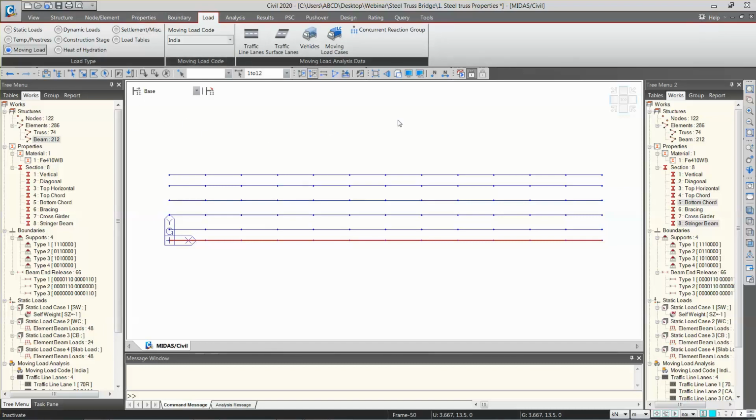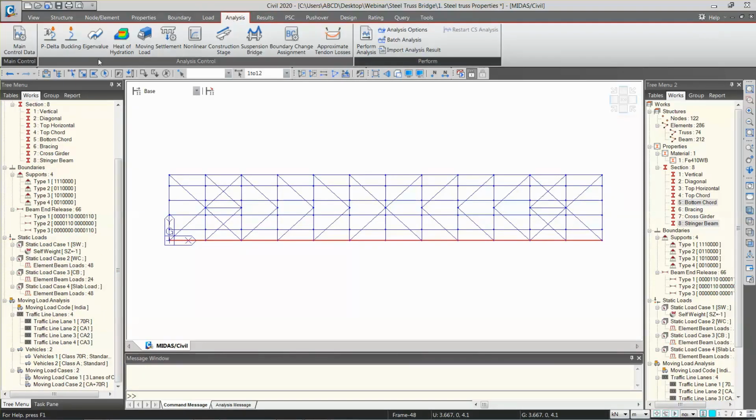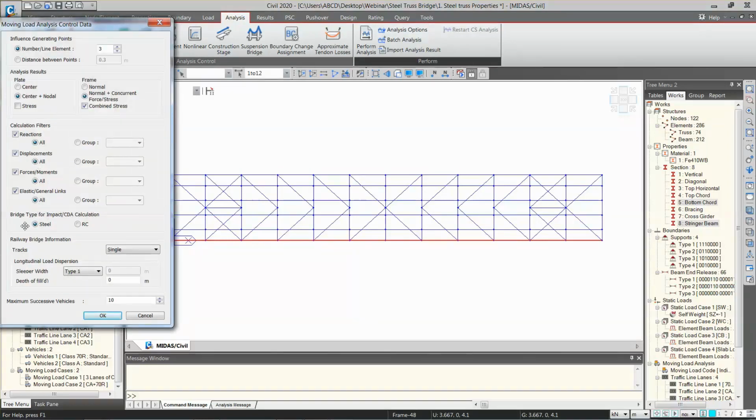Now it's done, so I'll activate all. Everything is done in our system. Okay, so let's go to analysis control and moving load. As we have given the type, it is steel by default, so we don't have to worry about that.